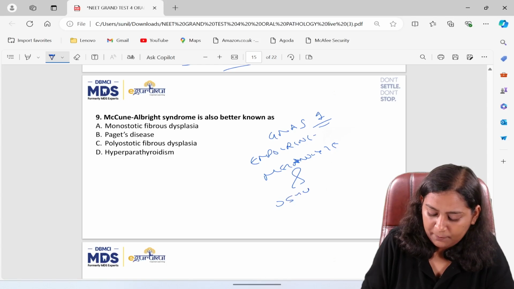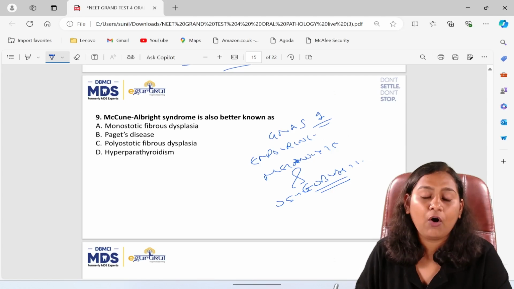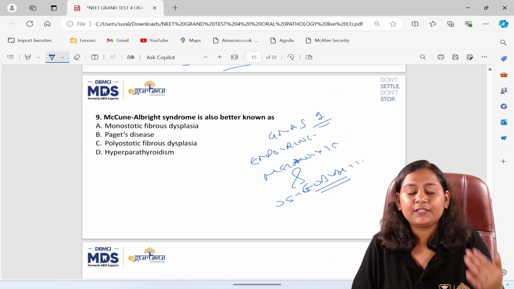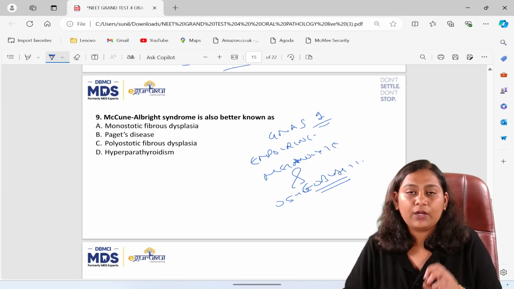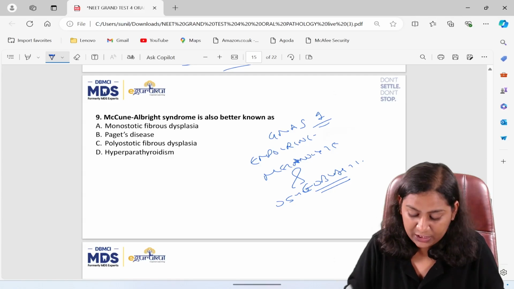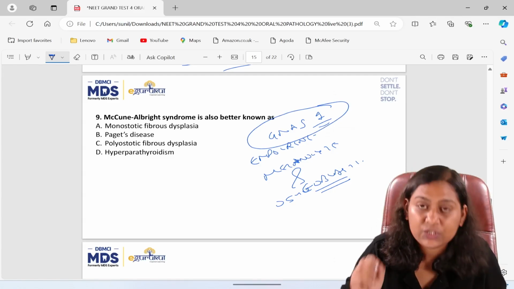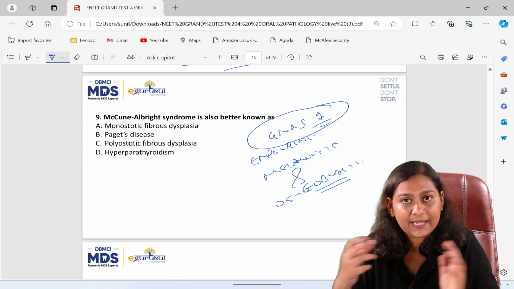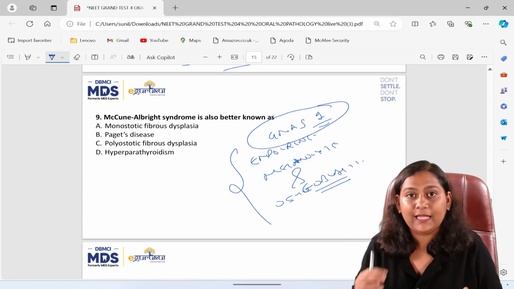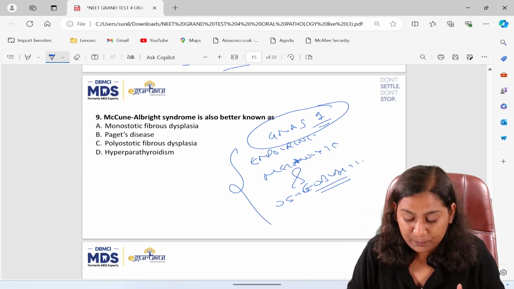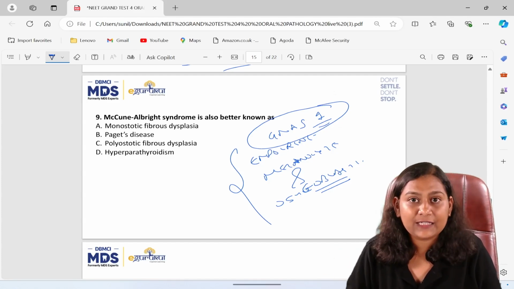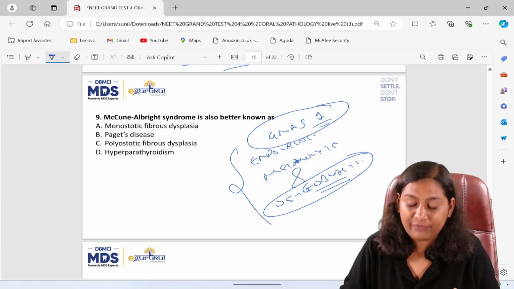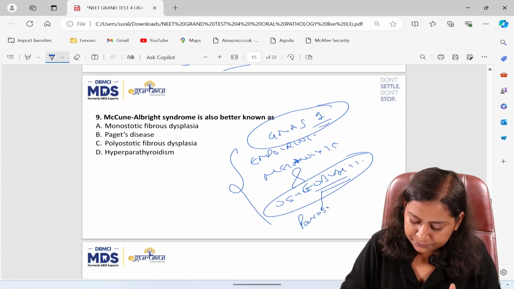melanocyte and osteoblast. Okay. Now, depending on the stage, that is at what time the mutation is occurring, we will divide it into polyostotic and monostotic fibrous dysplasia. So, if the mutation in the GNAS1 gene is occurring in early embryonic life, it will have its effect on all, that is endocrine, melanocyte and osteoblast. If it has effect in the late embryonic life, then it will have effects on the skeletal progenitor cells. Osteoblast will be affected, and that will be called polyostotic.